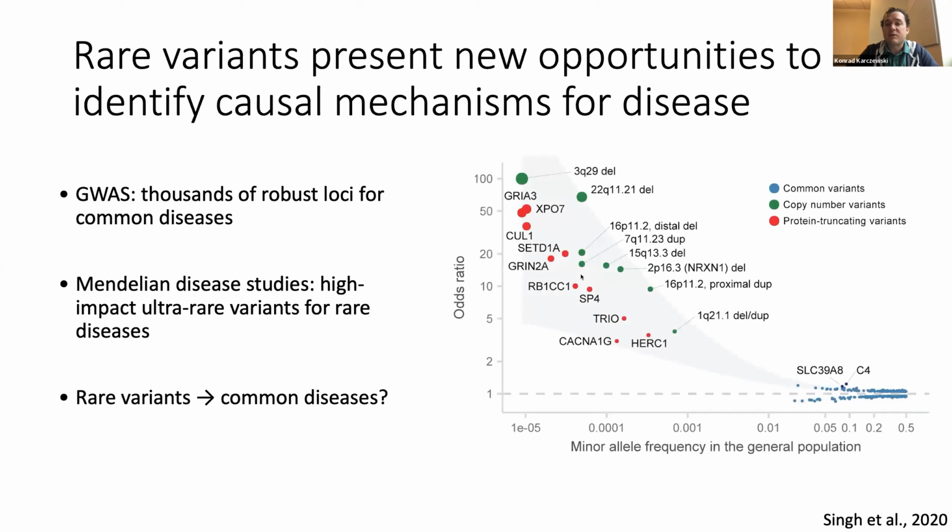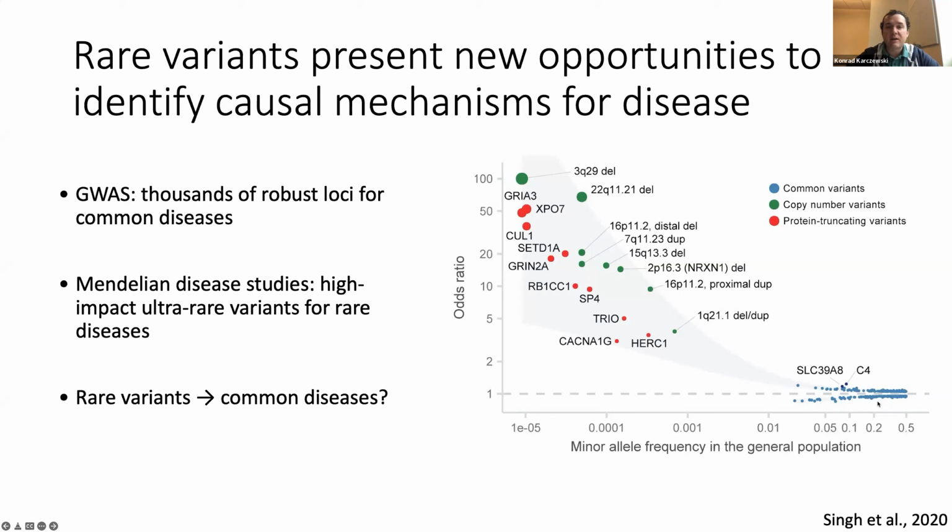For instance, in some disorders such as schizophrenia, shown here on the right, early insights from rare variants have implicated dozens of loci, and we're beginning to fill out the spectrum of rare and intermediate frequency variants that contribute to these diseases. So on the x-axis of this plot is the minor allele frequency of a variant in the general population. Then on the y-axis is the odds ratio, or the effect size of the variant that we discover in this association test. So on the right tail here, you can see these common variants that have been discovered by GWAS for schizophrenia.